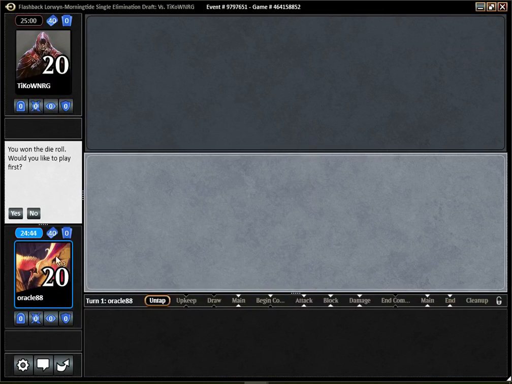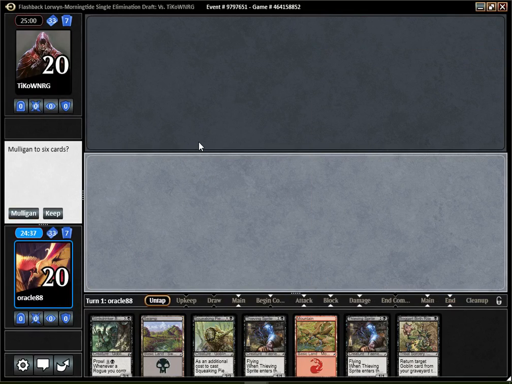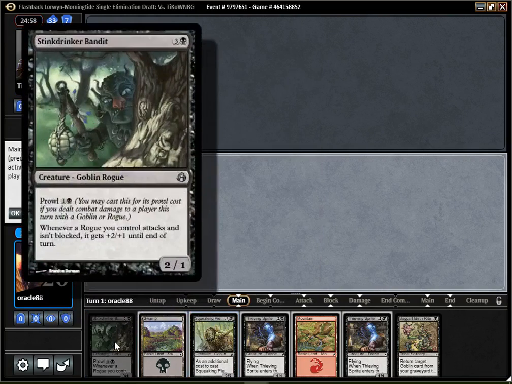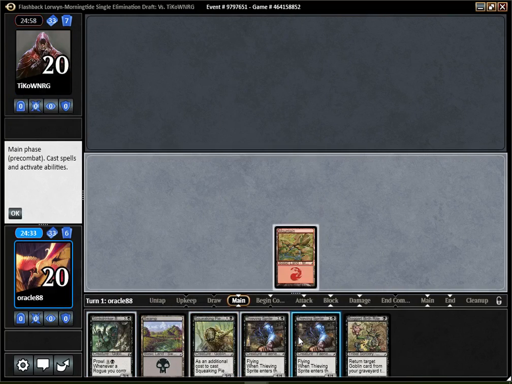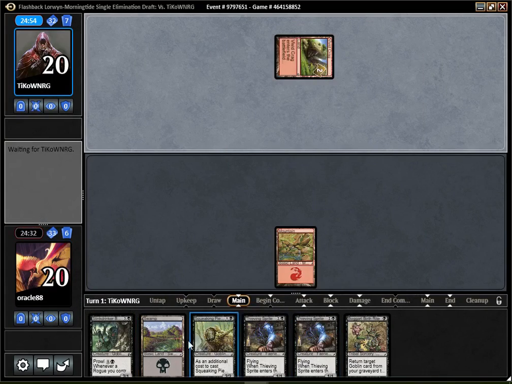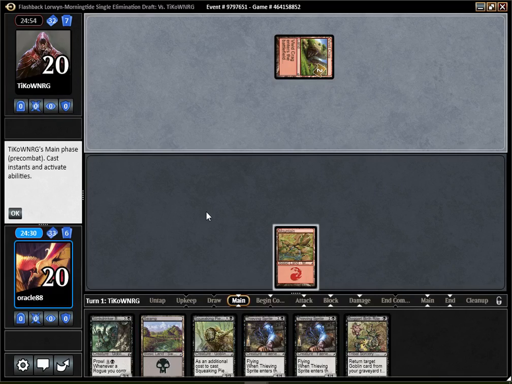Alright, we are back for round 1. I definitely want to play first, and that hand is pretty great. Carving Pie into Bandit is just pretty much the best thing I can do. Also the Sprites get better in multiples, they also get better with the Bandit, so...